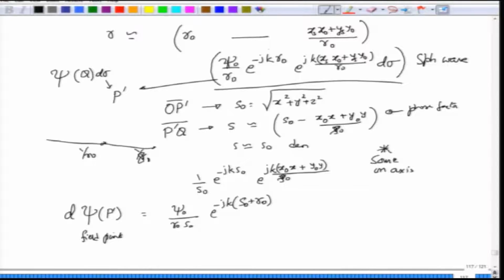So, this is e to the power minus j k S 0 plus S 0, and then you have these two phase factors to go with. Now, you can return to the case that we considered earlier, that is, we will assume that the source is located on the axis. Okay. So, for an on-axis source, x s will be equal to 0, similarly y s is equal to 0,